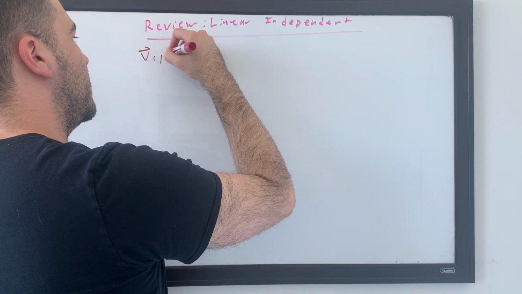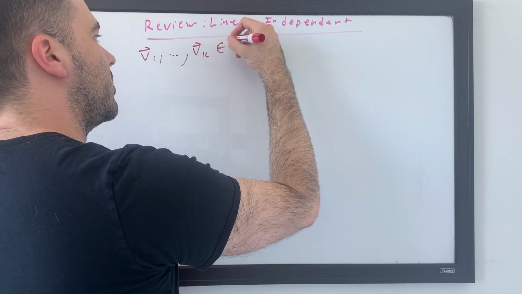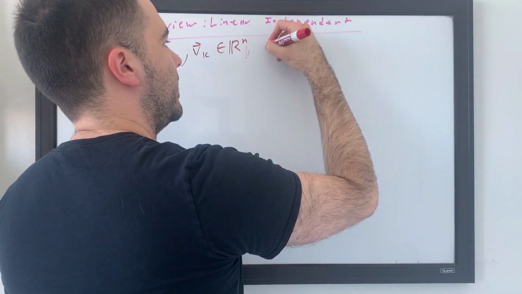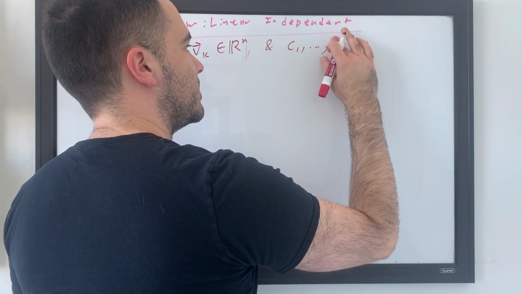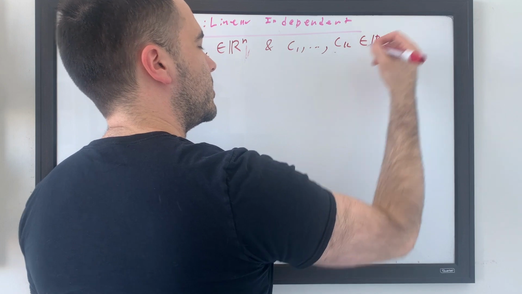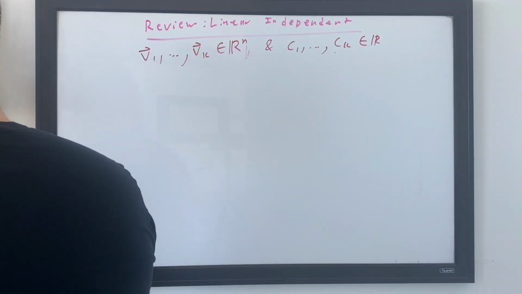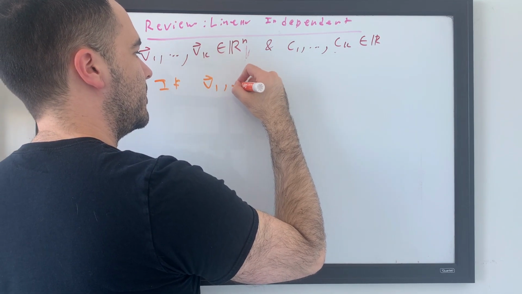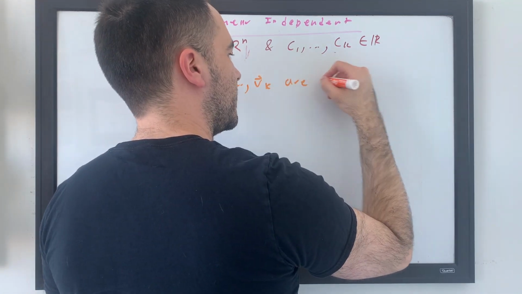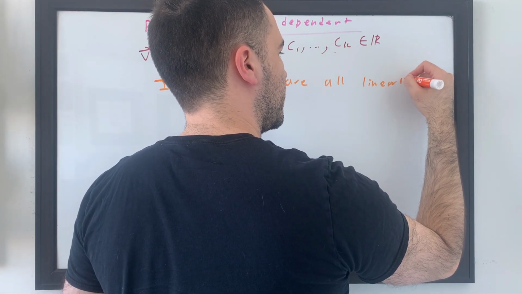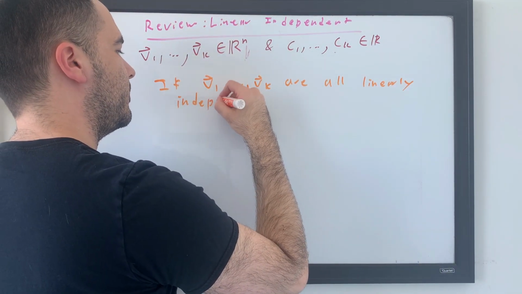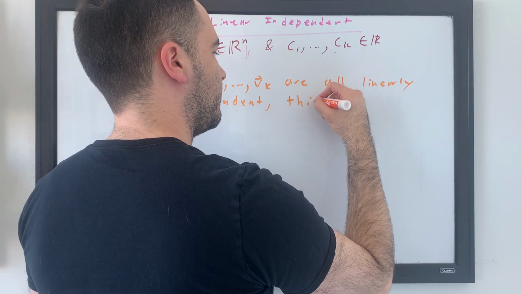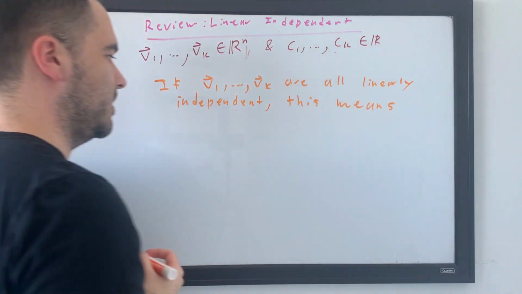If we had vectors v1 to vk that were in Rn, and c1 to ck were all just real numbers, then if v1 to vk are all linearly independent, this means